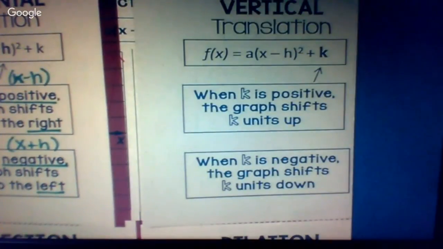The thing with this one, though, is if it's plus K, it moves it up. So it makes sense. It goes with it. It's not opposite like H is. And if it's minus K, we move down. So if you open this up,